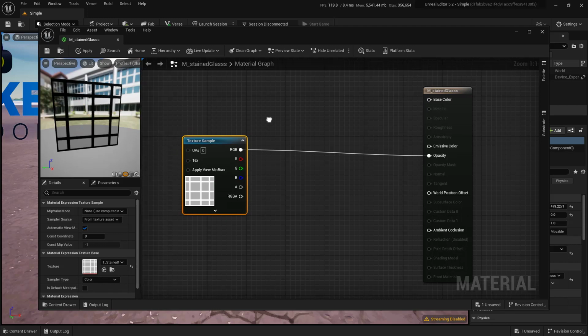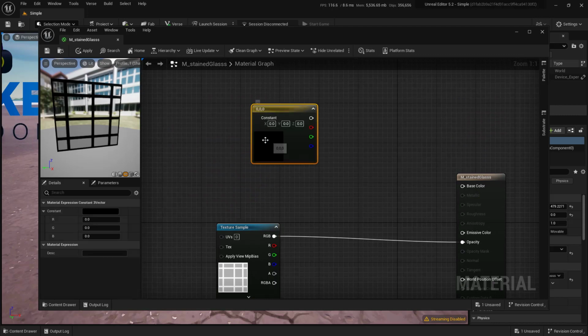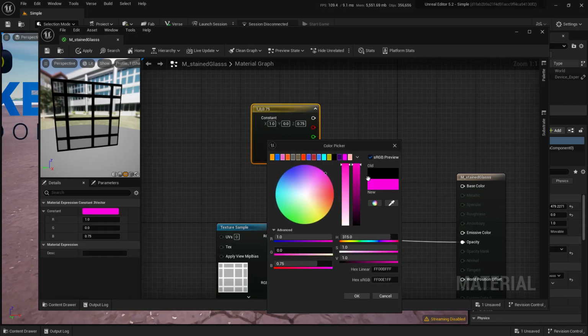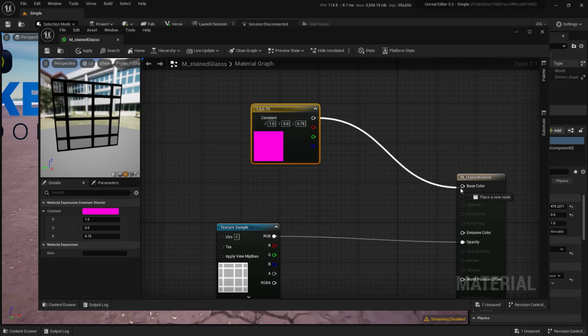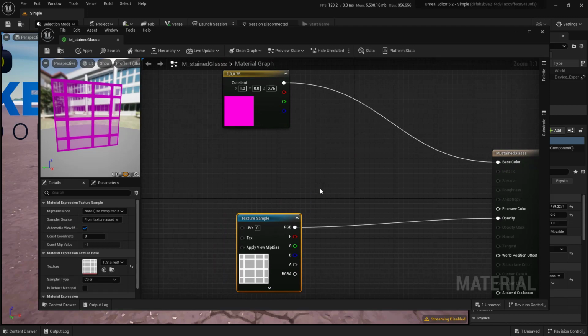That's awesome. We want to go ahead and change the color though. So let's go ahead and bring in a color node. So hold 3, left mouse click, we'll get this one. Double click on it, grab purple. We like purple. So if I drag that in there, we get purple everywhere, but we don't want purple everywhere. We want it only in a couple of places. So we need to use a lerp node because we still have the alpha in here. So if we bring the alpha,